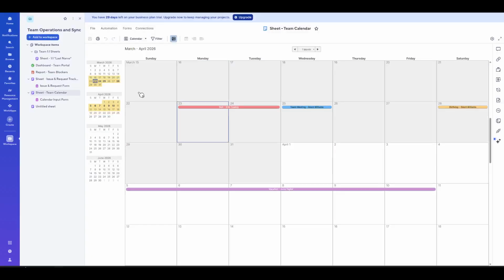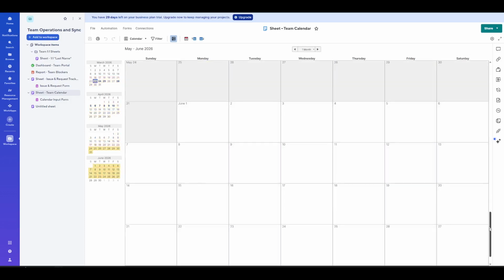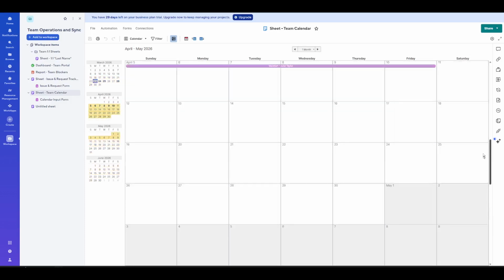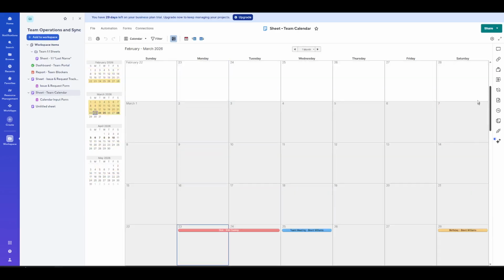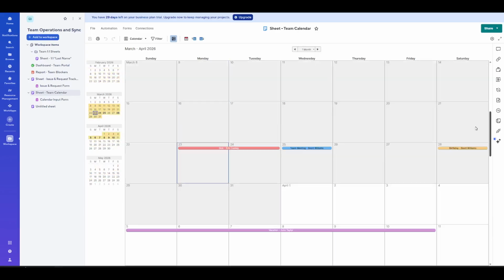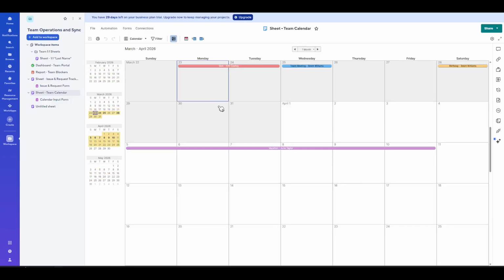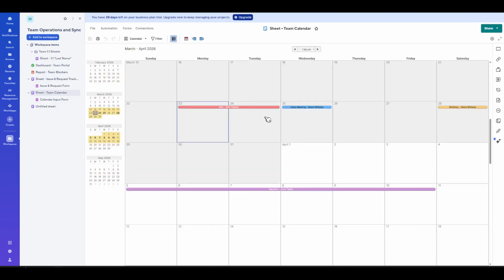What you see next depends on the data you already have in the sheet. Calendar View looks for date information in your rows. Most commonly, a start date, an end date, or a single date field. If your sheet includes those date columns and your rows actually contain values, you'll see entries plotted on the appropriate days. Items with a single date land on that day. Items with both a start and an end date stretch across the full span, so you can immediately spot durations